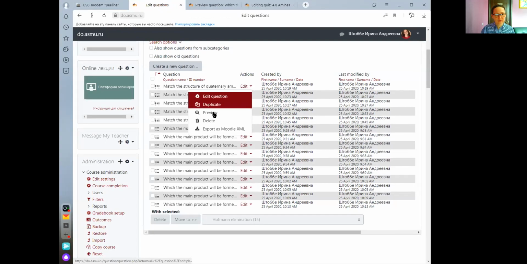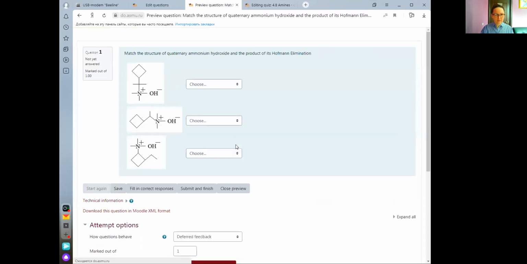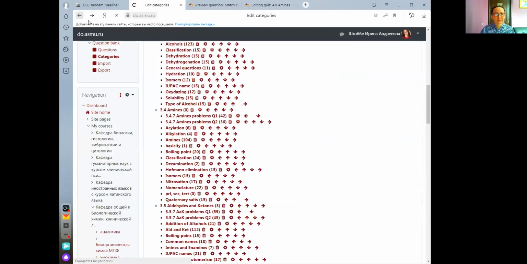Matching, let's look at matching. The same situation, only you have 3 variants of answer for the main products of Hofmann elimination, and 3 structures of given quaternary hydroxides, the same. And the last one,